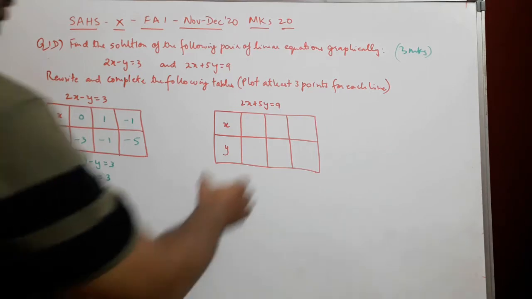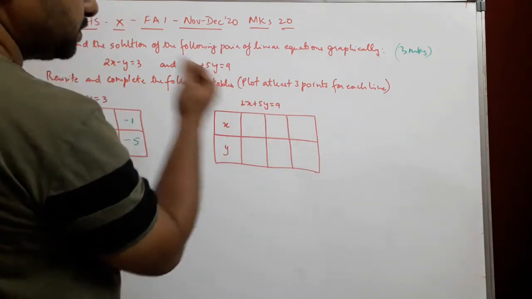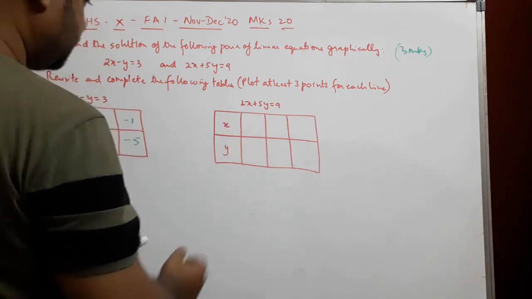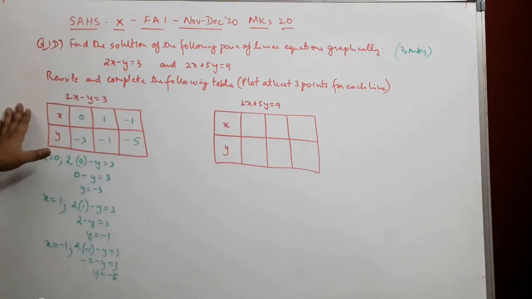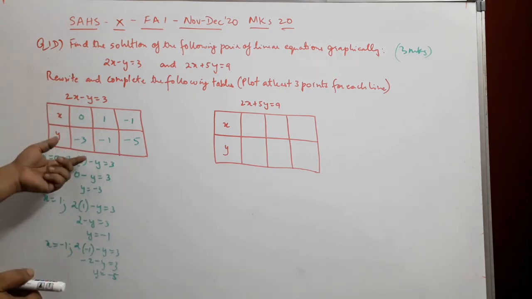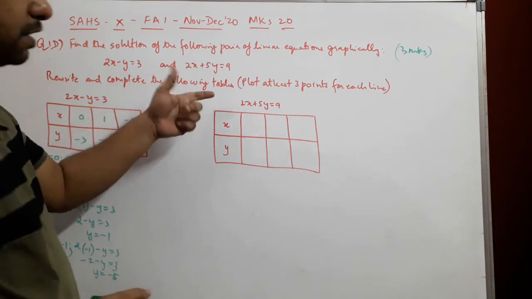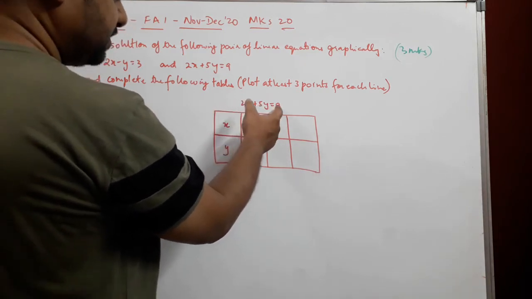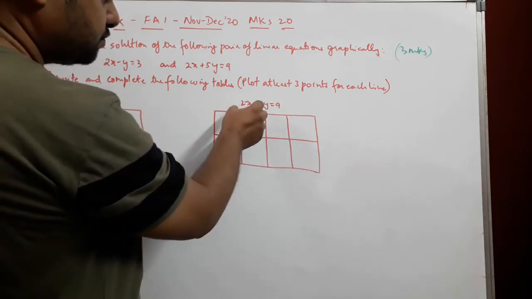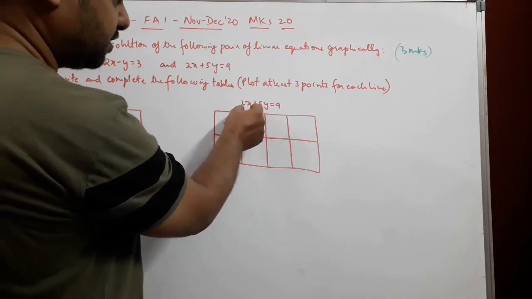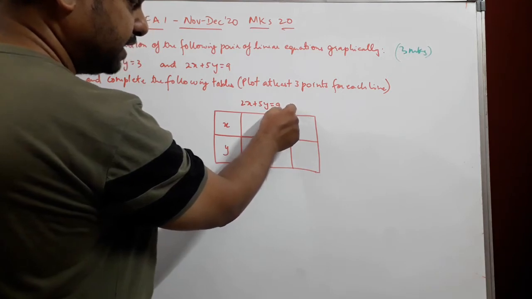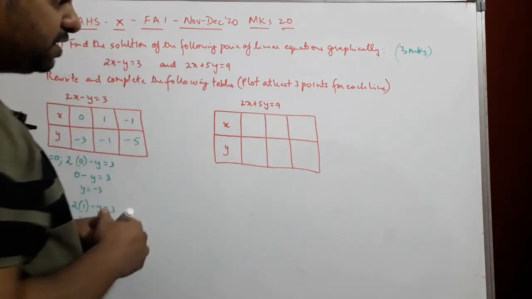The next equation, we need to fill up this table as well. So 2x plus 5y equal to 9. Now from the way I look at it, if we do it the way we have done this one, that is we take the value of x first, we assume the value of x and try to get y. If we try to do that, it will be difficult, because if you notice over here, this is 2, there is 5 over here, there is 9. We have to substitute in such a way, if we take values of x, that we get multiples of 5 at this side end. So that can be a little bit difficult.